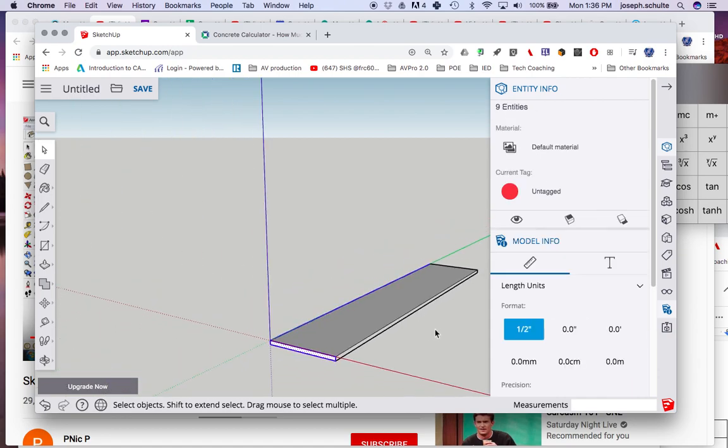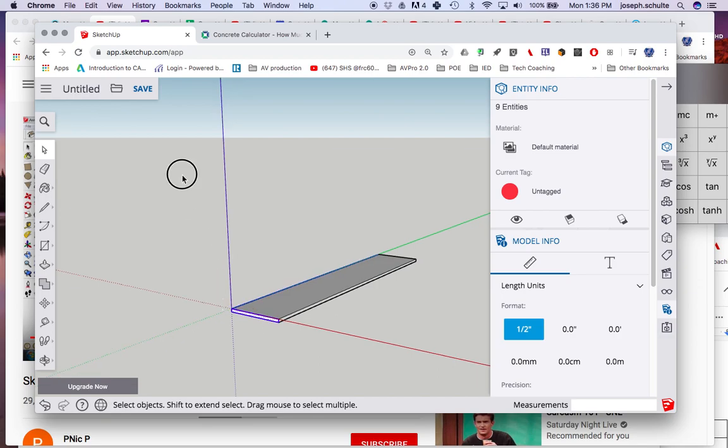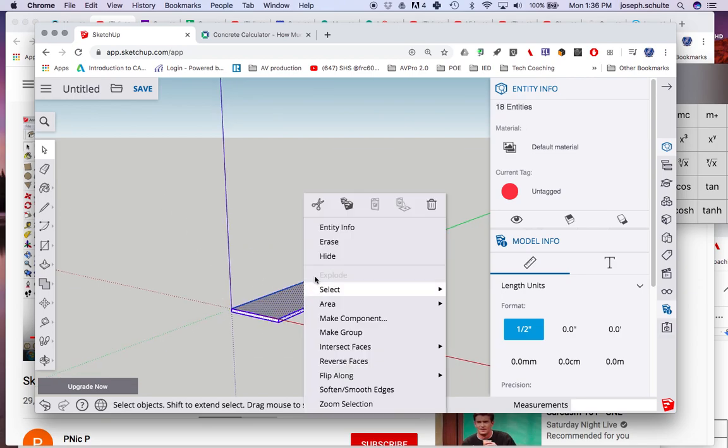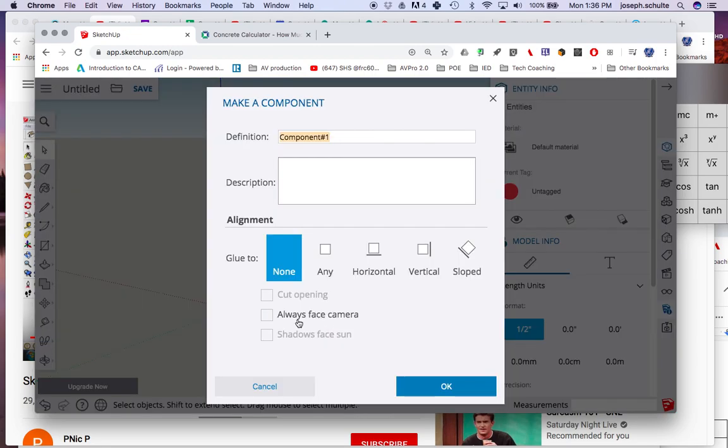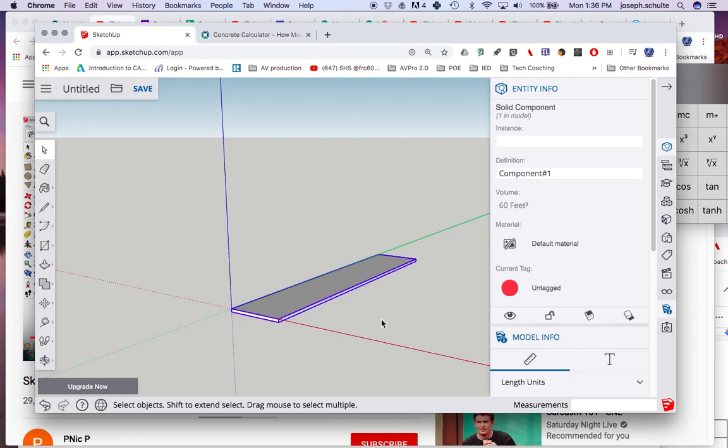Okay, so I'm going to highlight everything here that I created, my slab. Oh, didn't quite get it. Zoom out. I find that if you zoom out in the area you want to move over to, that works. I don't have a good solution for that. Right click. I am going to make a component out of this. So I'm basically grouping all these individual lines together. I'm gluing it to nothing. And now I have got a solid chunk of material here that I can see the volume is 60 cubic